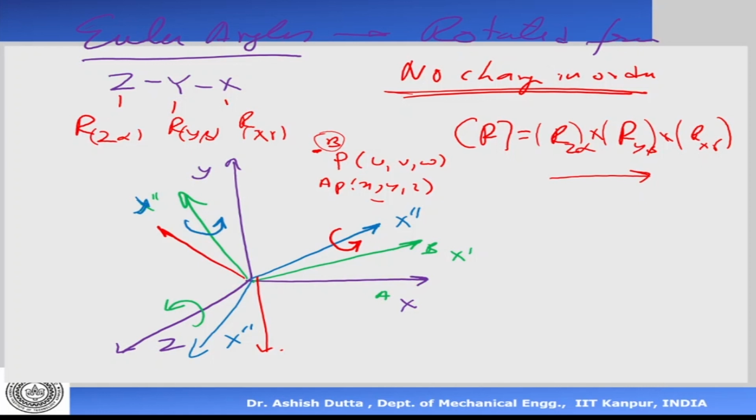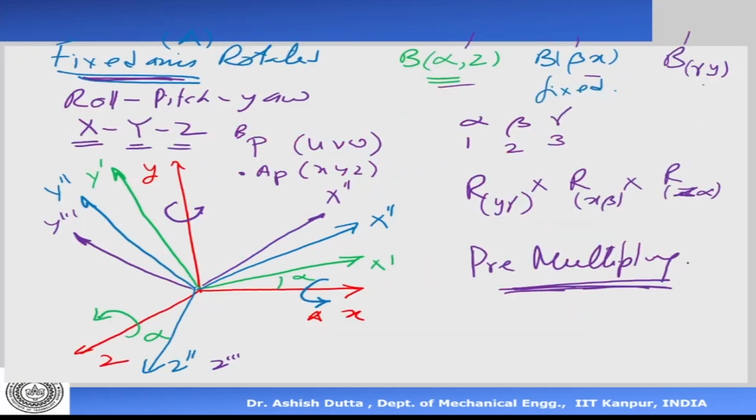So please note, we do not follow this in robotics. Normally, we do not follow this because it is difficult to visualize. It's like saying that you are sitting on a rotated system and you're rotating yourself and looking at the reference frame. In the previous case, we follow this system. Why? Because you are sitting on the fixed frame and you're watching the rotated frame. Now it's much easier to visualize.